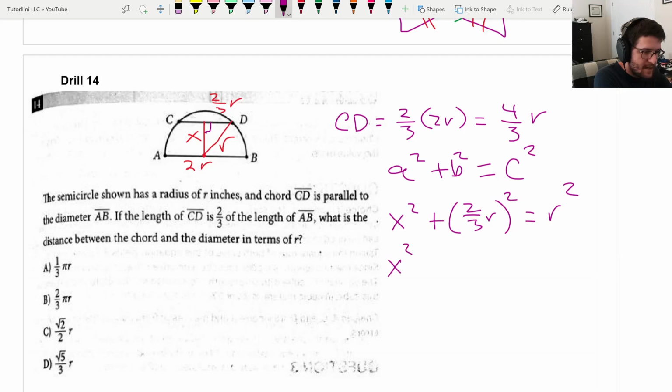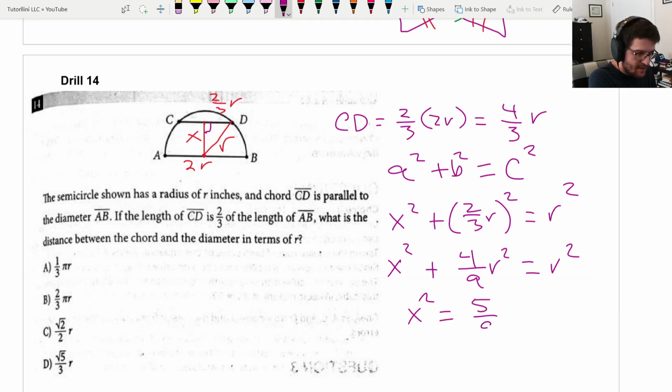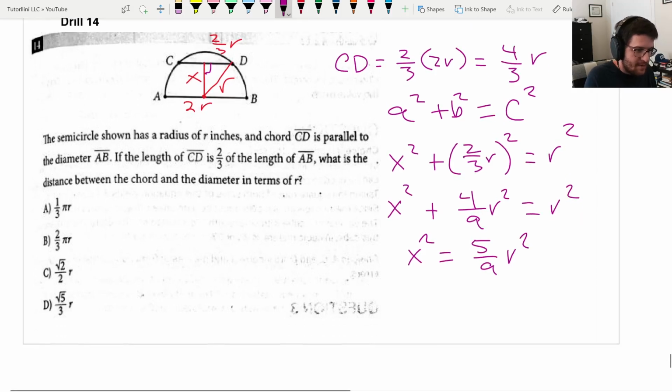We get x squared plus 4/9 r squared equals r squared. We're going to subtract 4/9 r squared from both sides, and we should get 5/9 r squared. Now we're going to take the square root of both sides,